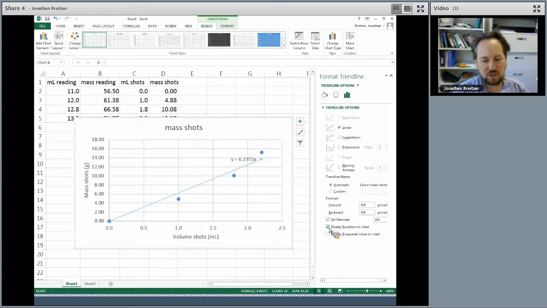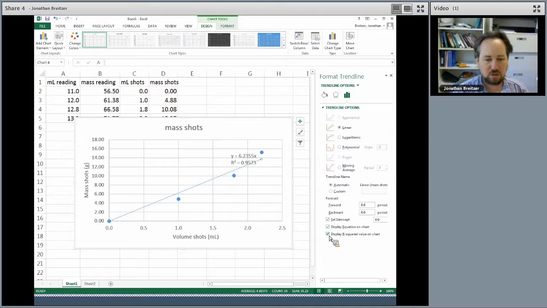We measure the density not by doing one measurement, but by doing 3 different measurements and doing a type of average between them. So this is a good way to get a handle on what the density of the shots were. We know the shots were probably not made of lead because lead would have a density of about 11. The other option here is to display the R-squared value, so we'll check on that as well. The R-squared value is a measure of how close to a linear fit your data is. A perfect linear fit would be 1. We see this is pretty close, 0.9573.